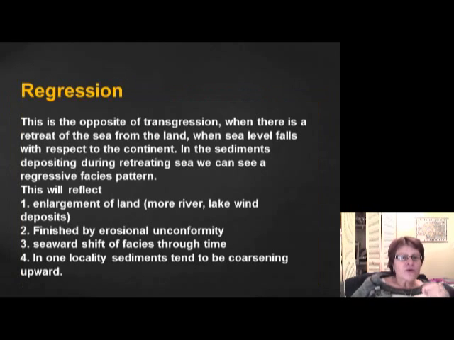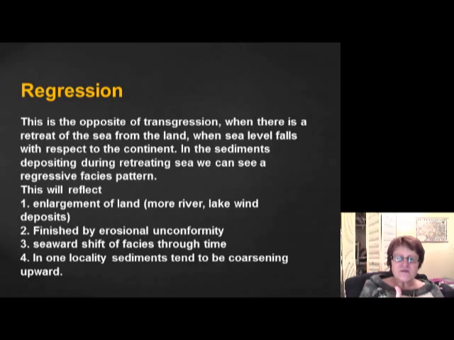The next one is the so-called regression. When you have a regression, everything is exactly opposite of the transgression. In that case, the continent is actually getting bigger, so all the facies, the sedimentary facies, are moving toward the ocean. So the deeper water sediment in this case is going to be covered by shallower water sediment. So that's what's happening here. And this will produce a so-called regressive facies pattern, which is going to be characterized by, as I just said,